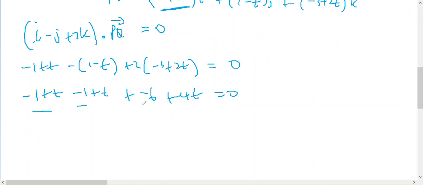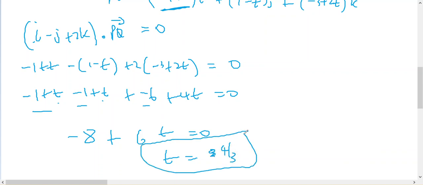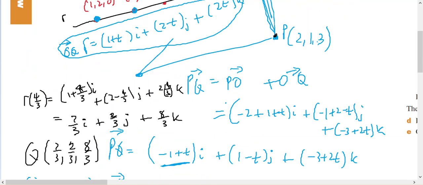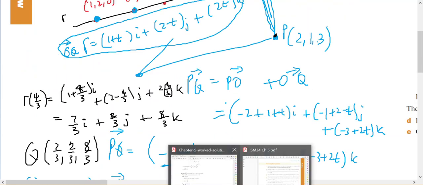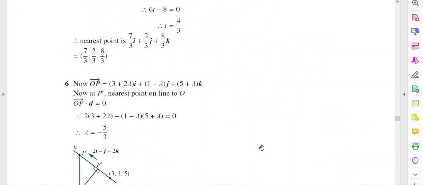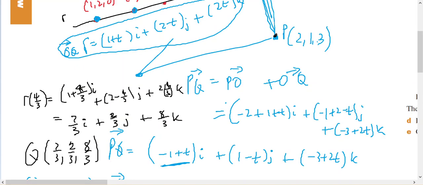Minus 1 minus 2 minus 8 plus 1, 2, 6. t will equal 4/3. Since t equals 4/3, now